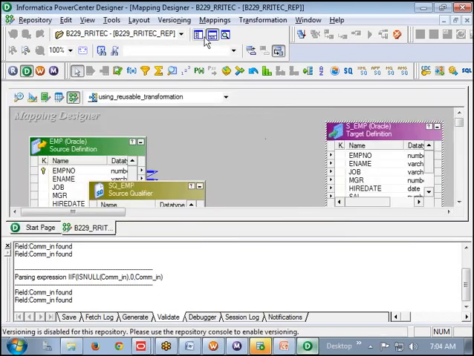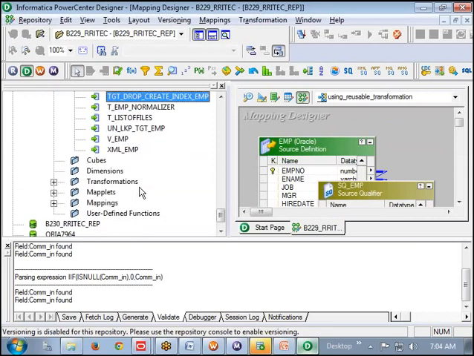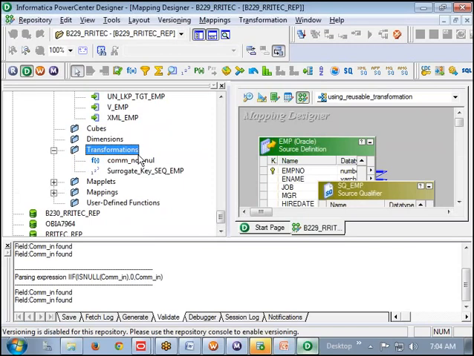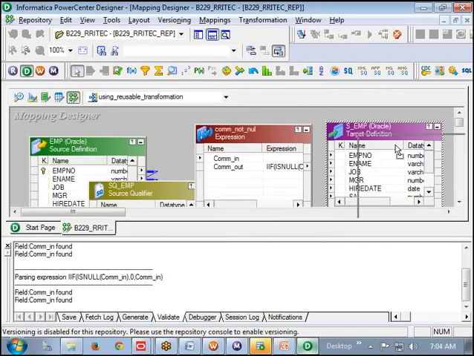Now in between these two things, I want to introduce one transformation which is available here. If you go to the transformations, there we have the commission not null available. I can go and drag and drop. What I can do is